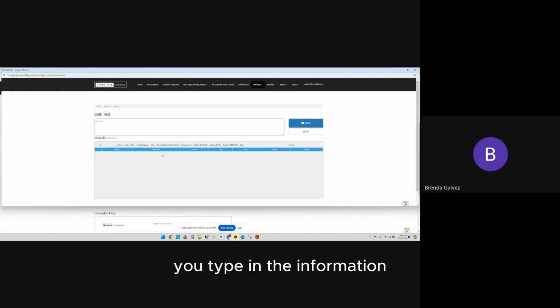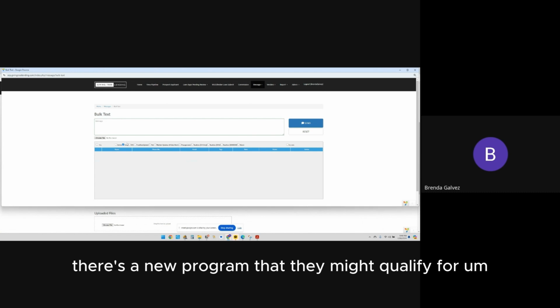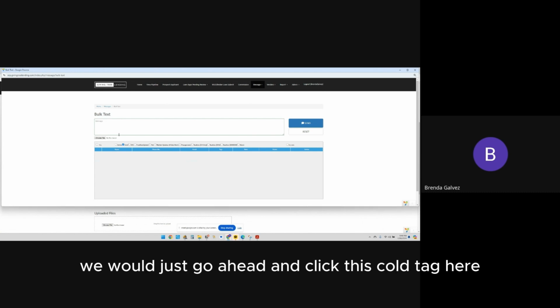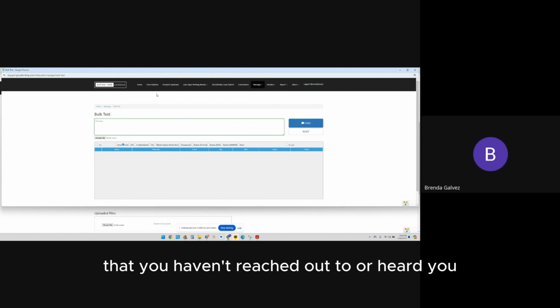Again, like I said, you can also send text messages. So you type in the information and then you can send it to, let's say we have any cold leads. This cold lead is anybody that we've previously talked to, and for whatever reason, they didn't decide to move forward. Let's say there's a new program that they might qualify for. We would just go ahead and click this cold tag here, type in whatever text message, and you hit send, and it'll send it to the 100 cold borrowers that you haven't reached out to or heard back